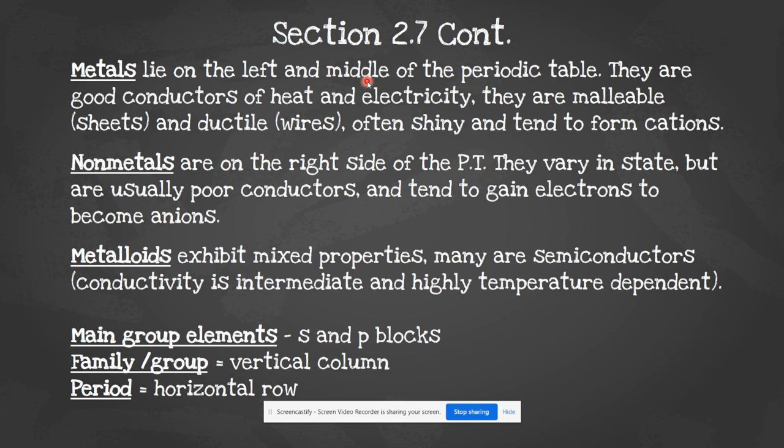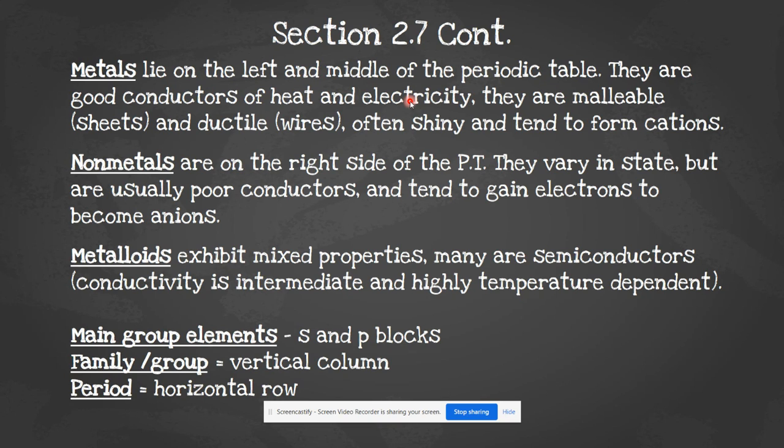Okay, so the metals lie on the left and the middle of the periodic table. They are good conductors of heat and electricity. They're malleable, that means you can make sheets out of them. They're ductile, which means they can be drawn into wires. They're often shiny and they tend to form cations. Nonmetals are on the right side of the periodic table, and they vary in state. They can be solid, liquid, or gas, but they're usually poor conductors and they tend to gain electrons to become